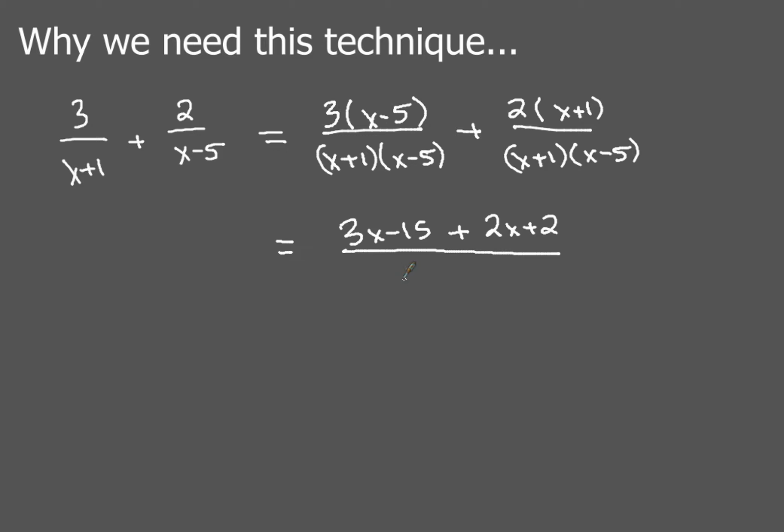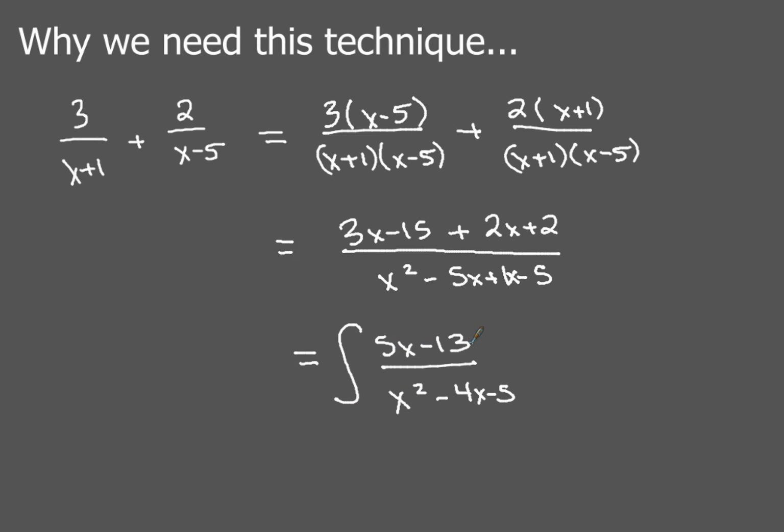Now, we'll go ahead and do this the long way just to take you back and reminisce. You'd have x squared minus 5x plus x minus 5 in the denominator. Cleaning all of that up, you would end up with 5x minus 13, all of that over x squared minus 4x, and then minus 5. Oops, I forgot my 1x right there. So this fraction, 3 over x plus 1, plus the other fraction, 2 over x minus 5, if we were to find the sum of them, we would end up with 5x minus 13 over x squared minus 4x minus 5. But what if we had to integrate